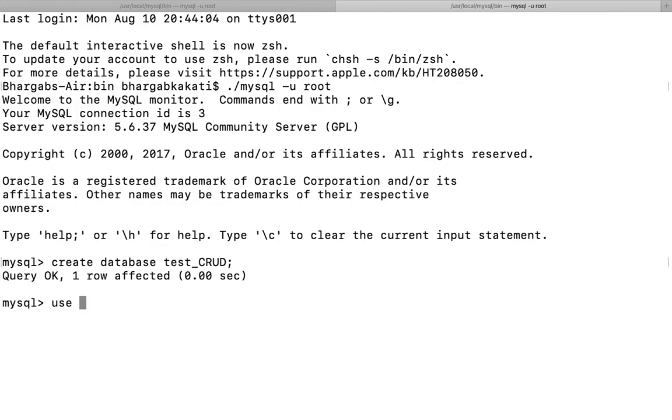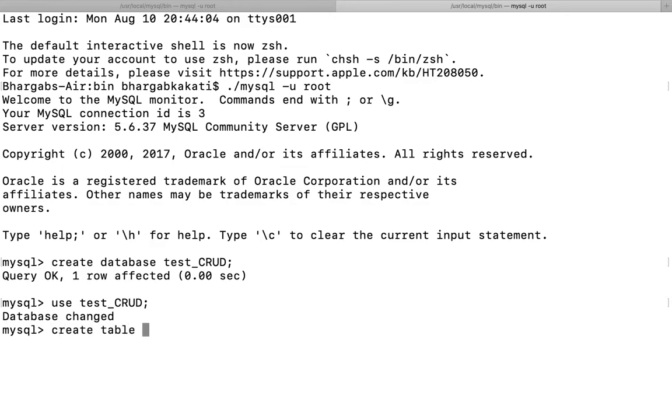You know all these steps we have already discussed in the series on MySQL. You can just check them out if you have some confusion in these commands. Okay, so we'll use the database. Within that we have to create a table. What is the name of the table we are going to create? We are going to create a table by the name EMP, which will have two columns as employee ID and employee name. So let's create the table.